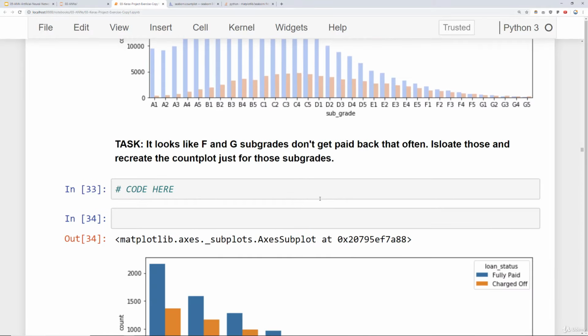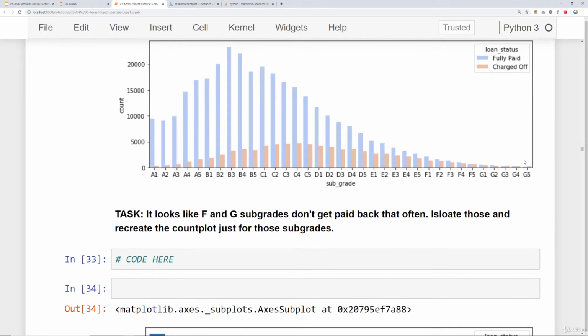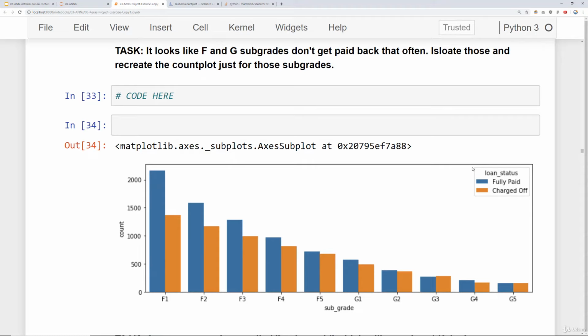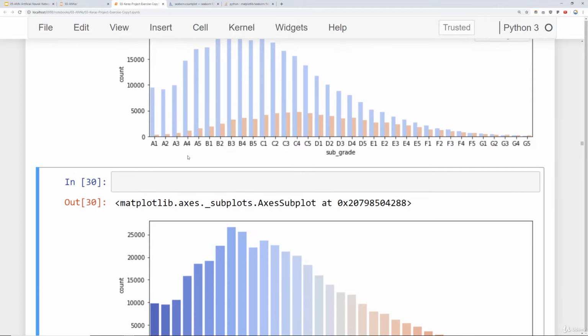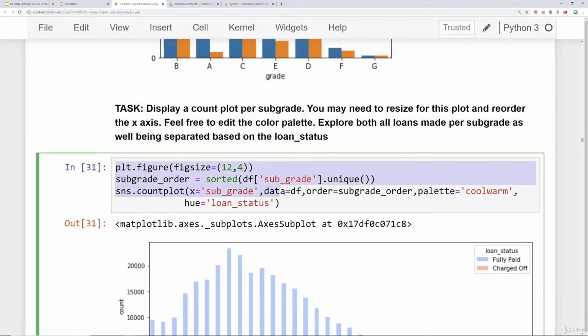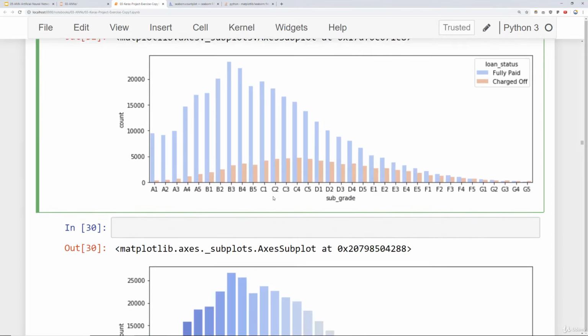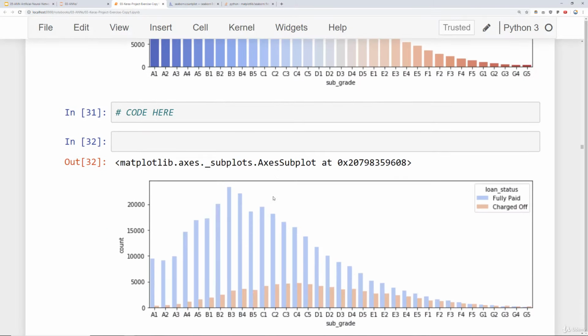And what we're going to do here is essentially zoom in on that little section of the plot. The way we're going to do that is simply the exact same code, but we're going to do a quick filter first using pandas. So I'm going to copy and paste this code. We'll come back down here,